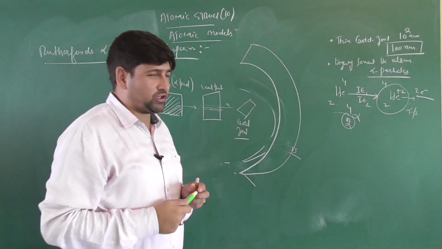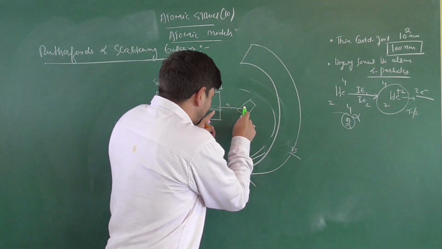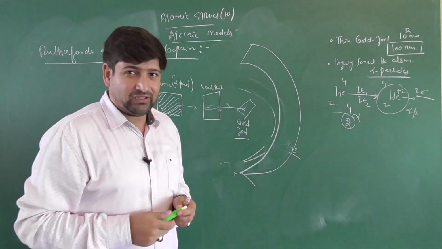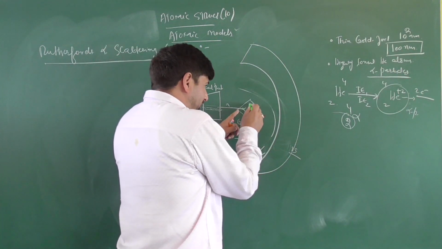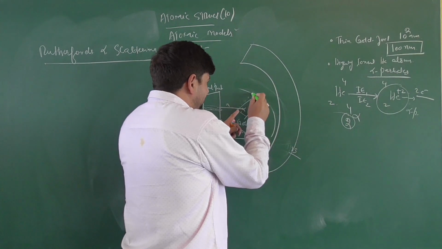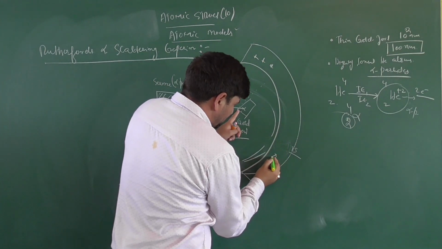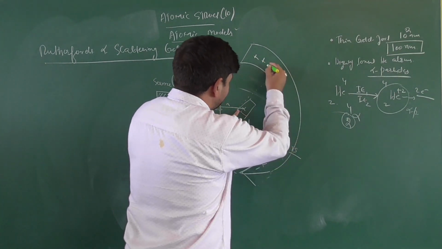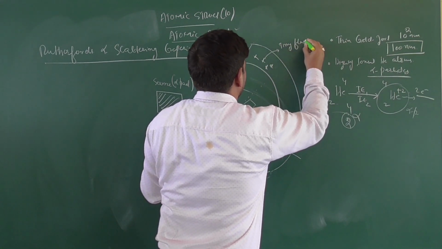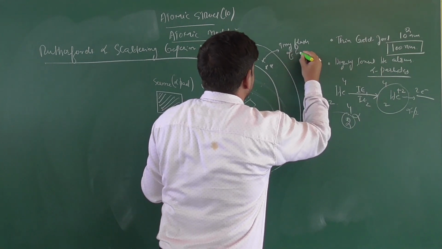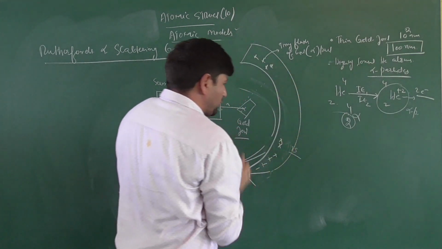Now, what is the use of this photographic film behind it? Look at this case, children. When the alpha particles were hitting the gold foil, and if alpha particles get deflected, we will have a tiny flash coming into play at the extremes. So this tiny flash of light is actually an alpha particle hitting this photographic film.